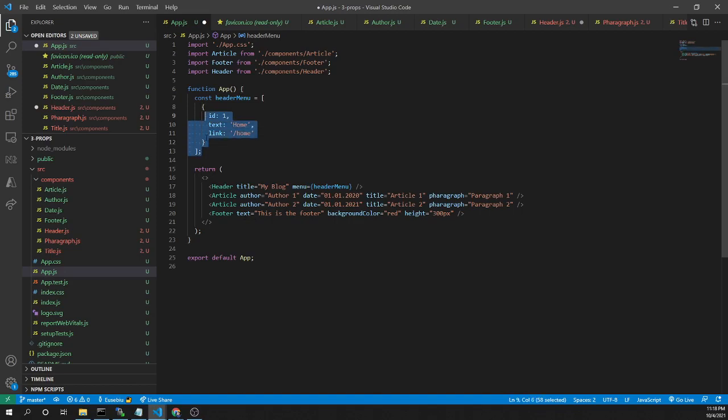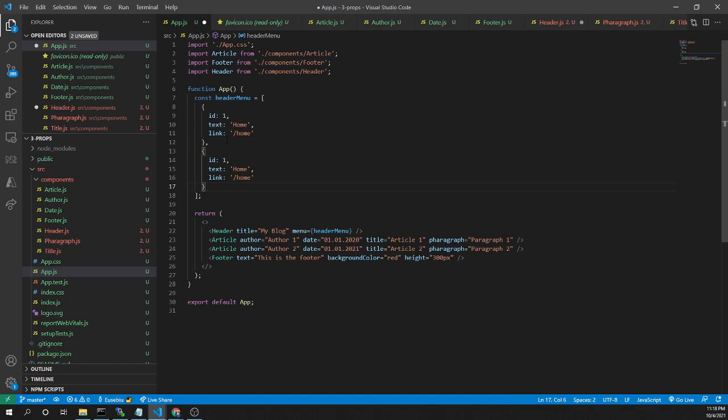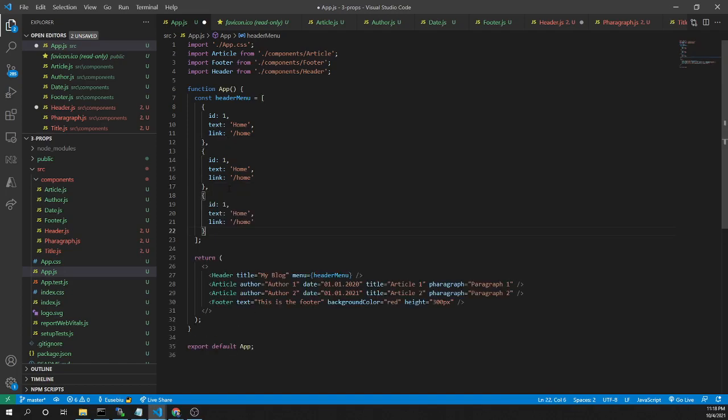Let's copy this, and let's add two more objects. Here I'll put the ID 2, here I'm adding the ID 3, here I have about, here I have contact, here I have /about, here I have /contact. So this array will be sent here in my header component.